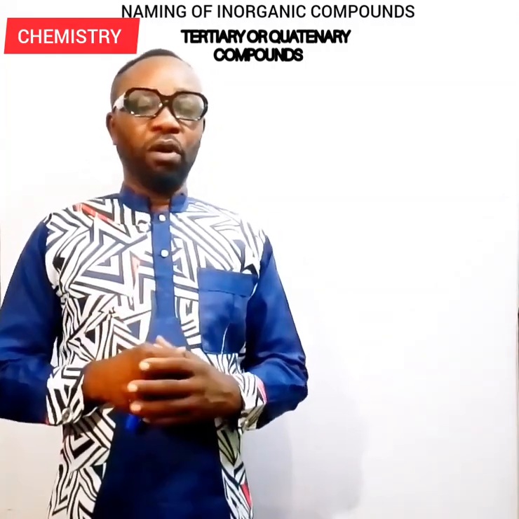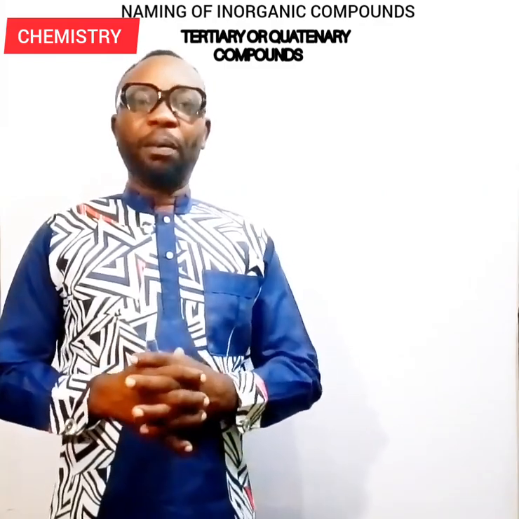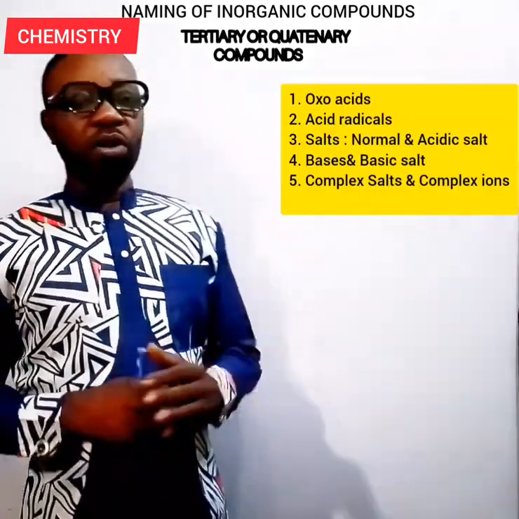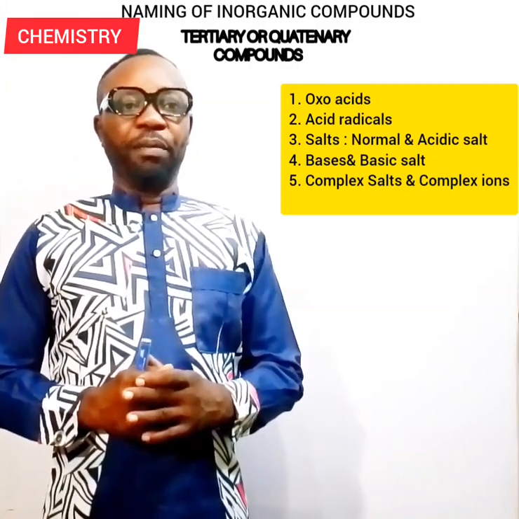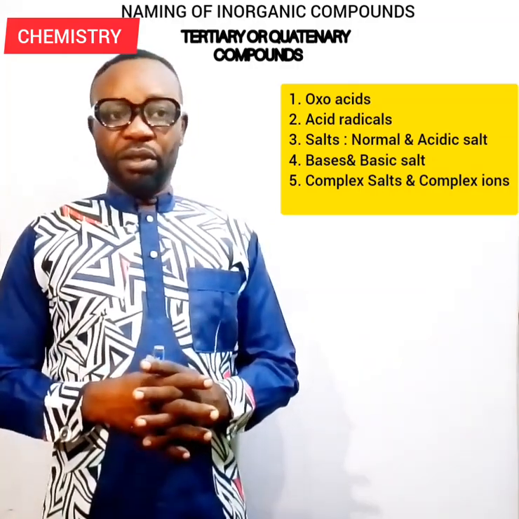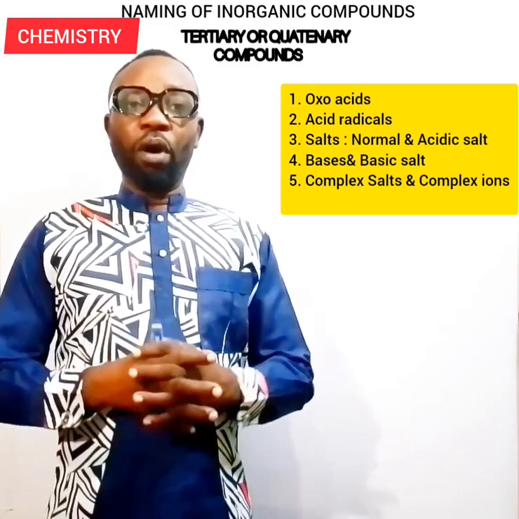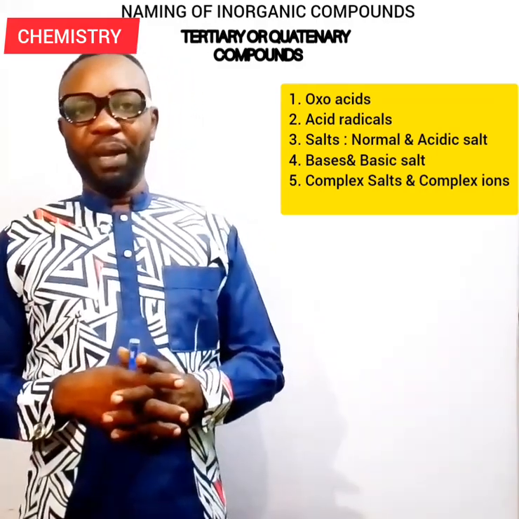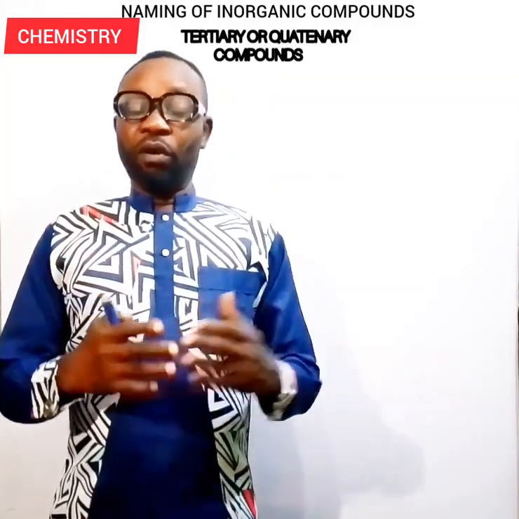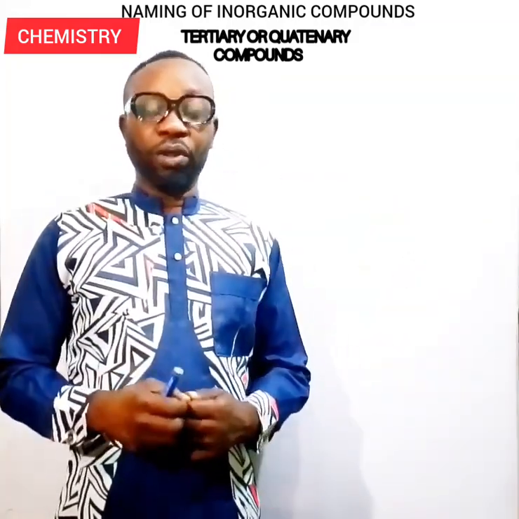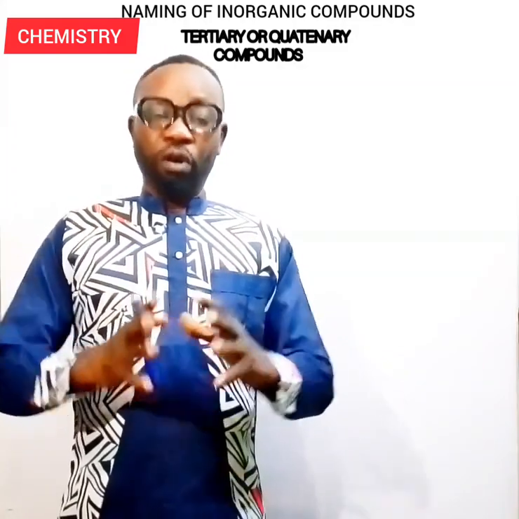Now, the following set of compounds are found under the tertiary or quaternary compounds. They are: 1. The oxo acid, 2. Acid radicals, 3. Salt, which can either be normal salt or acidic salt. We have the bases and the basic salt. We also have the ones we call the complex salt and complex ion. These are the forms of compounds that fall under the tertiary or quaternary compounds. In this video, I'm going to deal with how we do the naming of the oxo